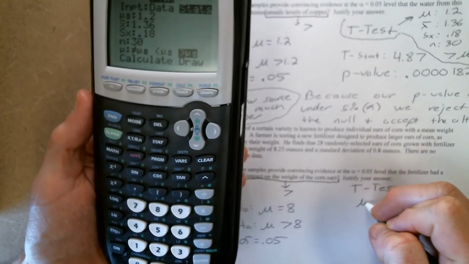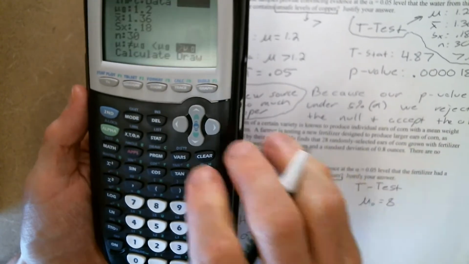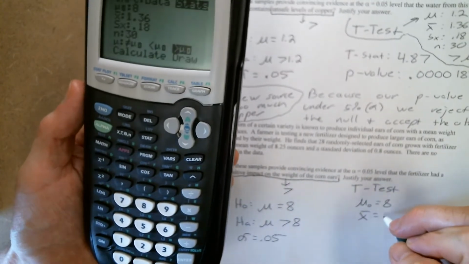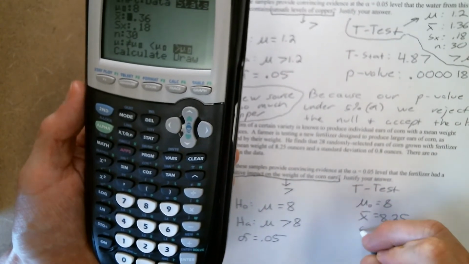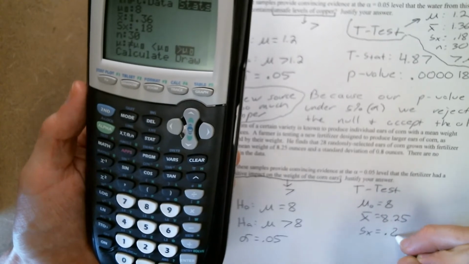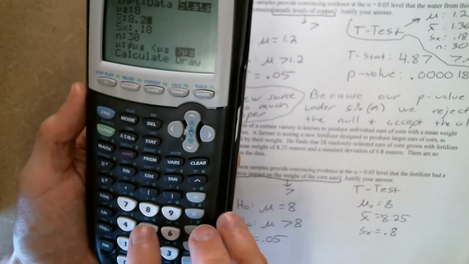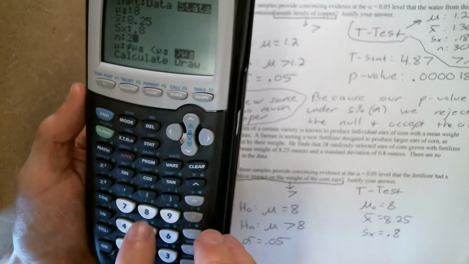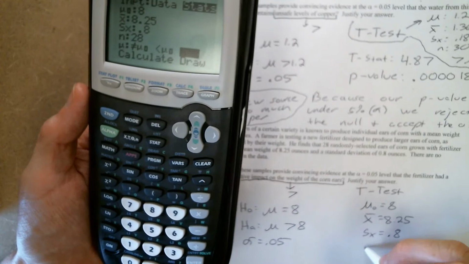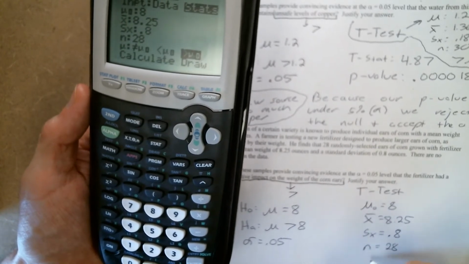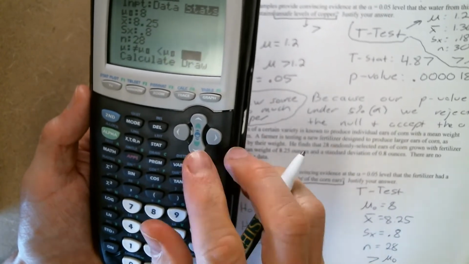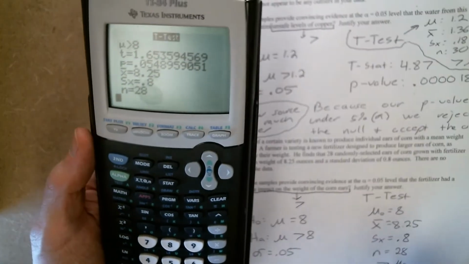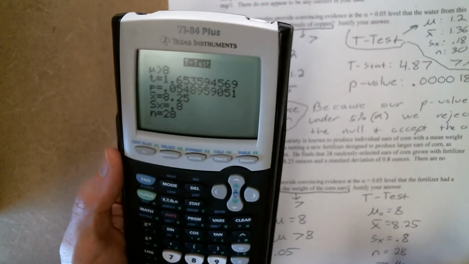My null is going to be that the mean is 8. My sample result was that it ended up being 8.25, with a sample standard deviation of 0.8. Our sample size was 28. And we are again testing to see whether it is greater than our null hypothesis. So if we calculate this out, we get a test statistic